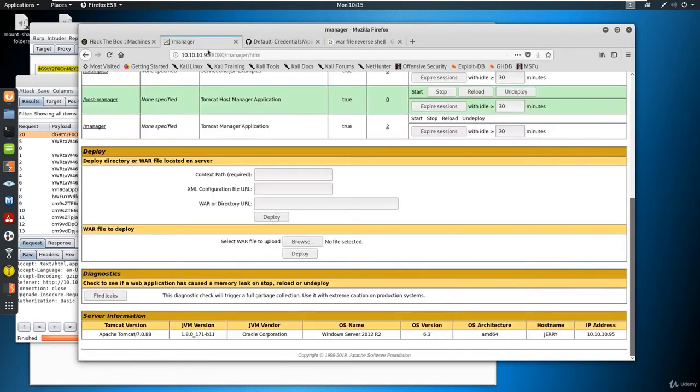A couple other things that we see down here that help us out as well is we see that we're running on a Windows Server 2012 R2. That means that we're likely running on 64-bit, right? This is R2 server, and we get some information about the OS. That's nice. Oh, AMD 64, it is 64-bit. So we picked up a little bit of information, host name and IP address. So a little bit of information disclosure there as well that'll help us when we're trying to make this WAR